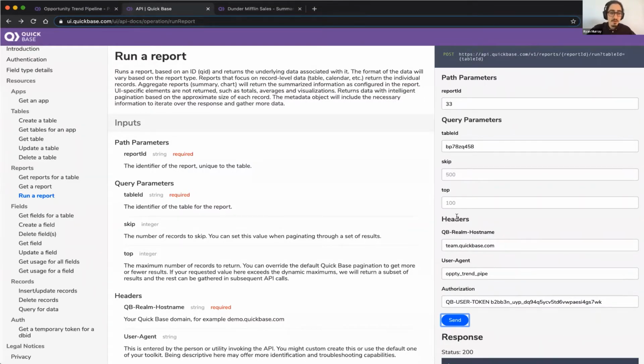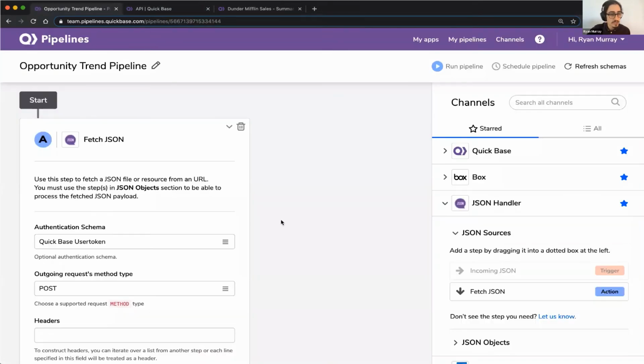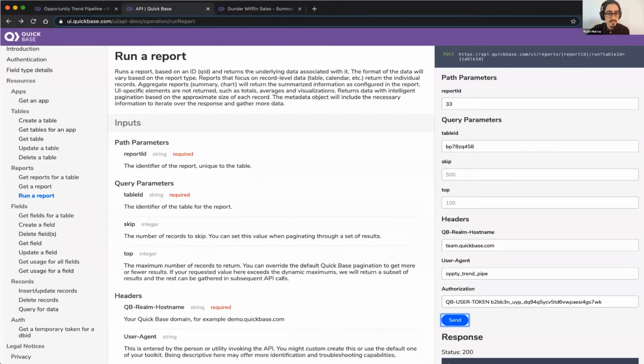And then we have our authorization, which we capture in a header in the API portal. But on the pipeline side, we use our own authentication schema of the QuickBase user token. So now that we have our headers copied to our clipboard, we're going to go ahead and paste these into the header field in QuickBase. These are our headers again. So we're going to go ahead and copy those